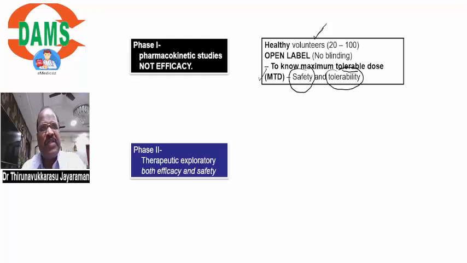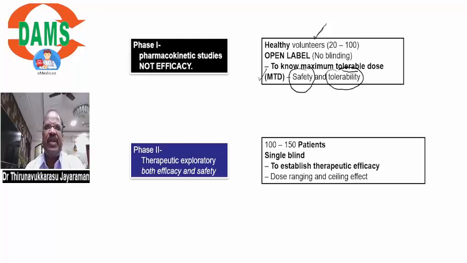Here we want to study the efficacy of the new drug. Also we want to assess safety. So this is a patient. Here the participant is a patient, 120 patients. This can be a single blind or a double blind study, mostly in a single center. Only in Chennai, only in Kolkata, only in Mumbai, like only a single center study.